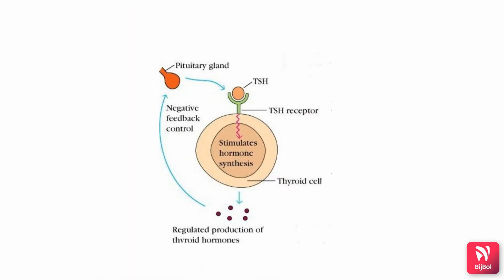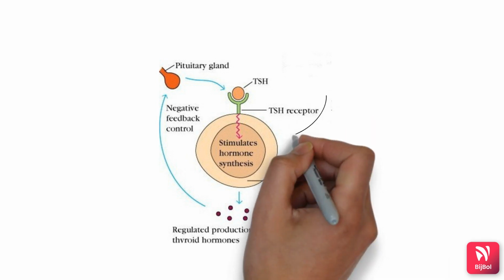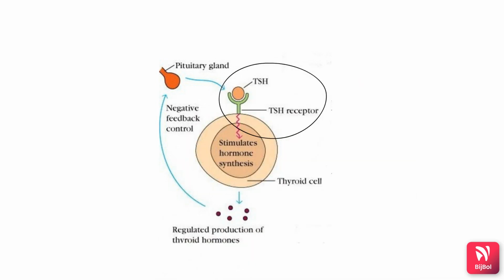Let's go a bit deeper into this concept. The thyroid gland is made up of follicles. Imagine a thyroid gland, its anatomy, it's made up of follicles. When you see a thyroid follicle, on the outer aspect there is a TSH receptor to which our TSH binds, and this results in the production of T3 and T4 in the